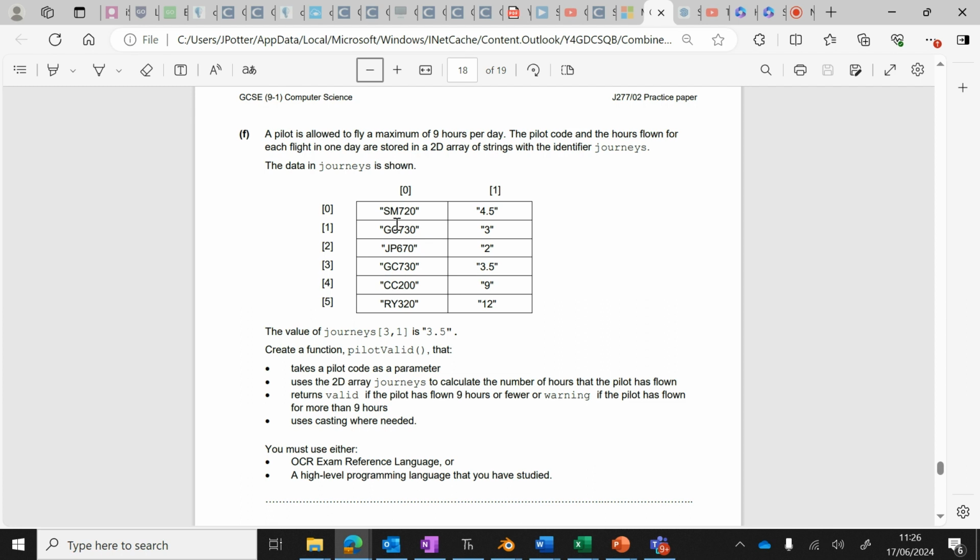So the idea is we have a 2D array, and the 2D array contains codes for pilots. So there's their pilot code, different one for each pilot, and the amount of hours that they've flown. Okay.